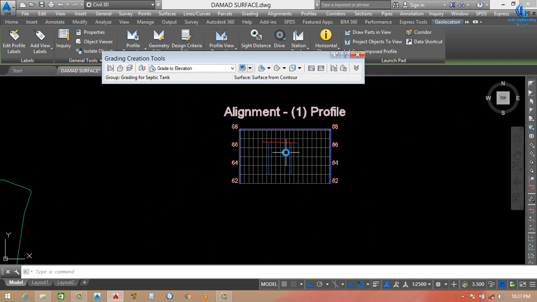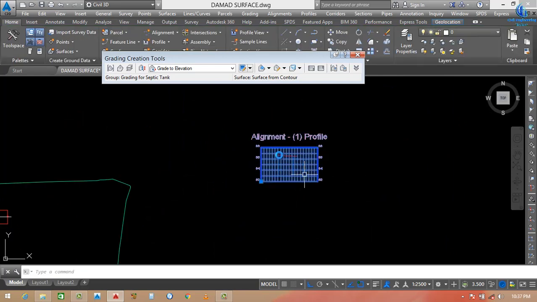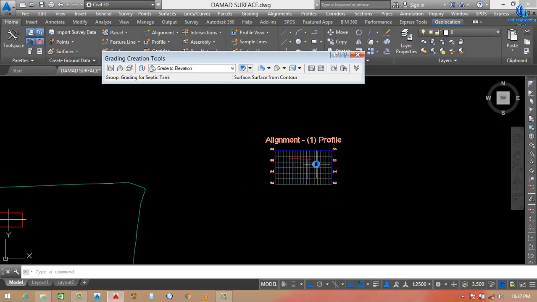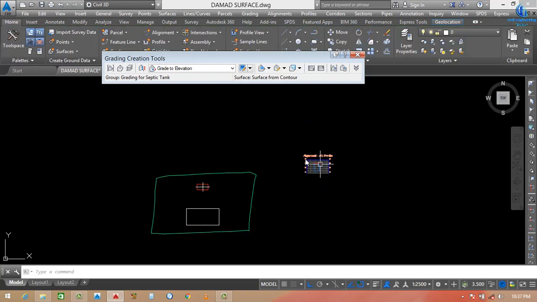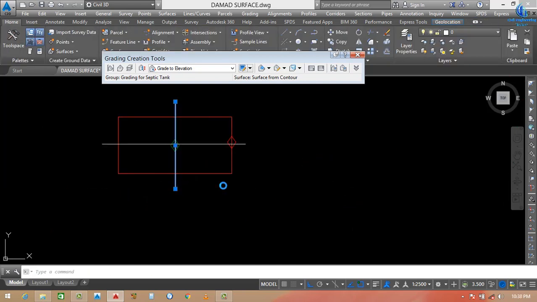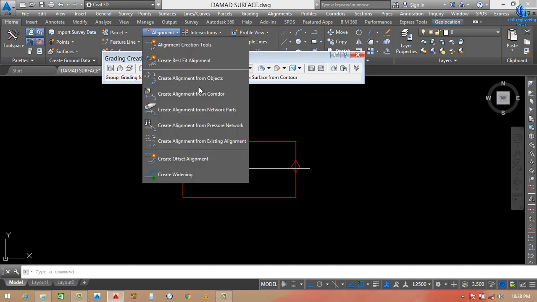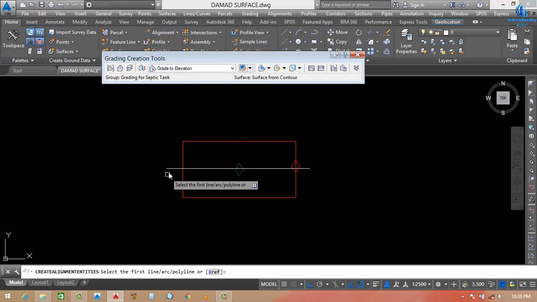The problem is that when you refresh this one, this will normally hide. Sometimes when you refresh, this type of shape will be removed. So the better way is that you need to create one alignment. Create alignment from object, select this one, after that enter,